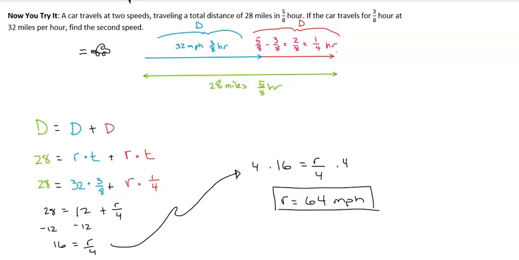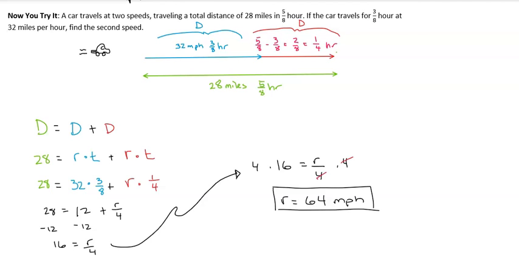Then I came down here and said, well, the distance total in green is going to equal the distance in blue plus the distance in red. 28 is r times t plus r times t. And then you just plug everything in and leave the unknown rate or speed out, and then solve. I ran out of room, so I came up here and continued on. I multiplied both sides by 4, and the 4's canceled out right here, and you end up with r equals